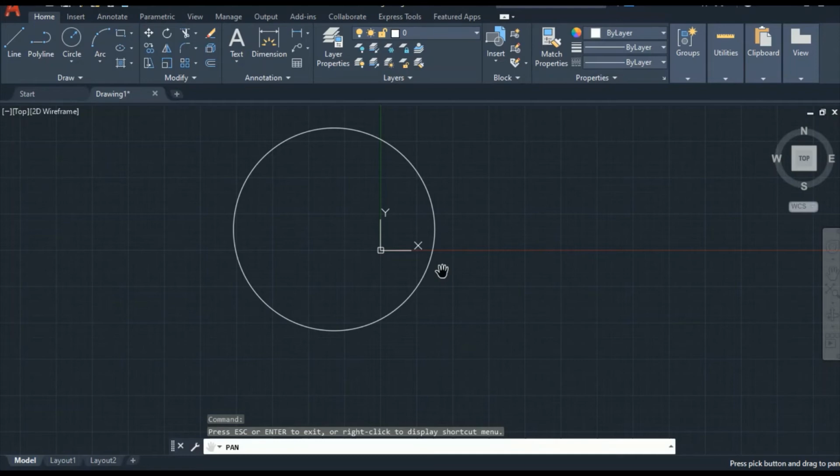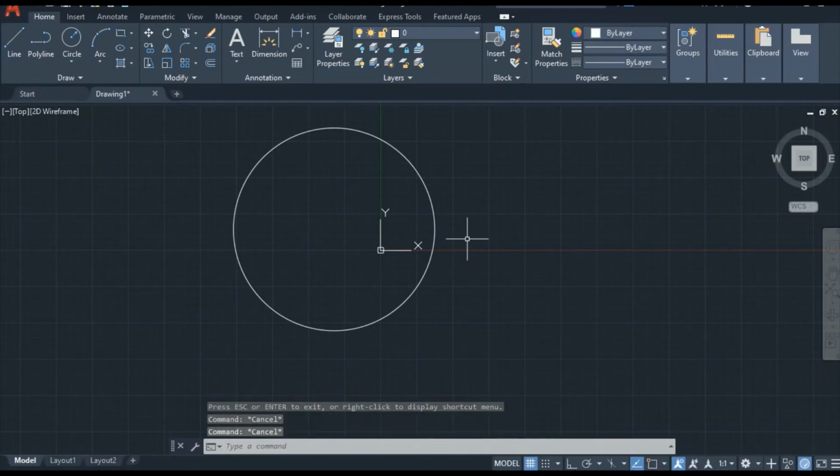To get rid of this problem, we can fix this coordinate in the left corner. To fix this coordinate, simply click on this and then right click.